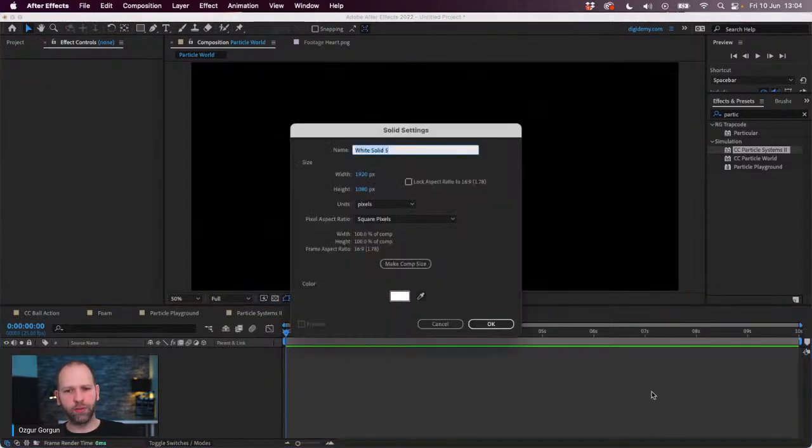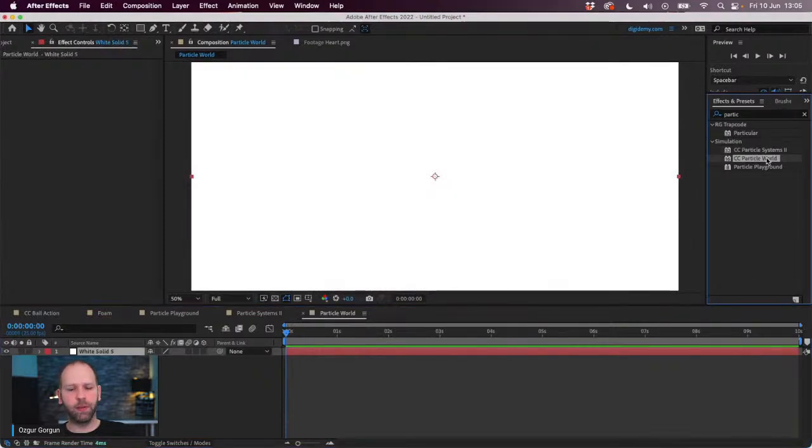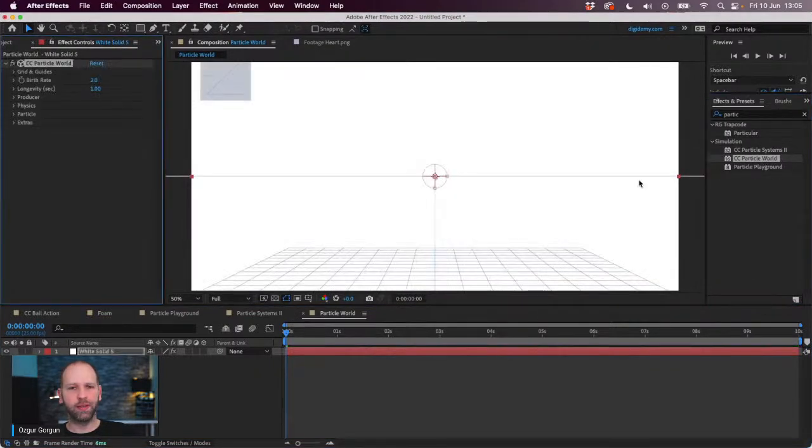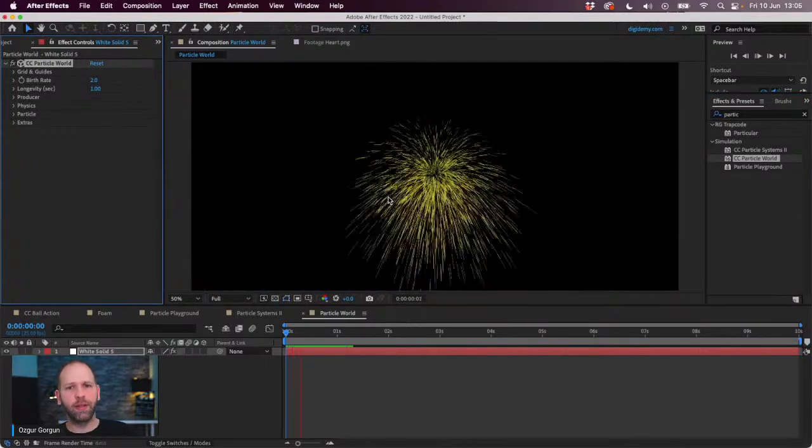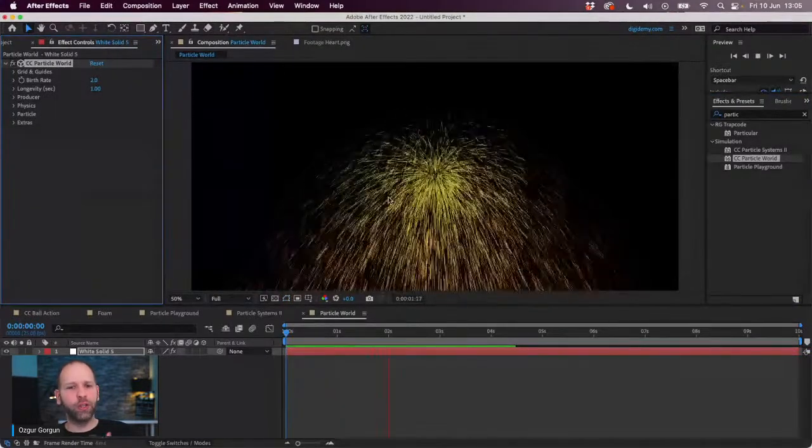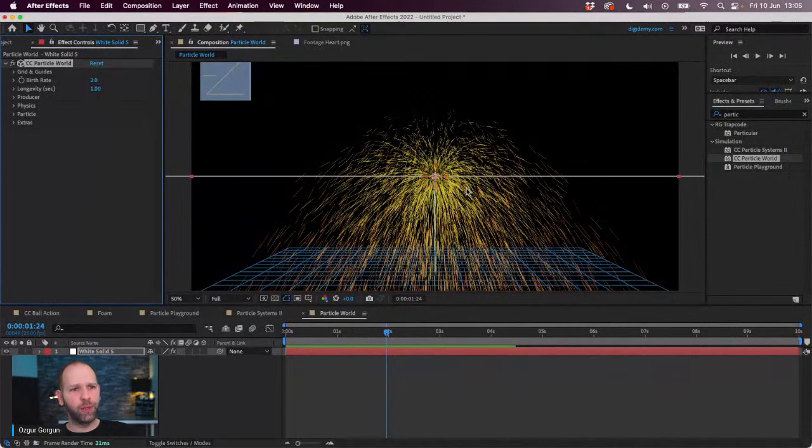This is the effect. I'm going to create a solid. This is the effect, CC Particle World. I'll apply this. It's very, very similar. When I play it, it's got the same lines. The only difference with this, though, is that this works in 3D, whereas the first one, the Particle Systems 2,